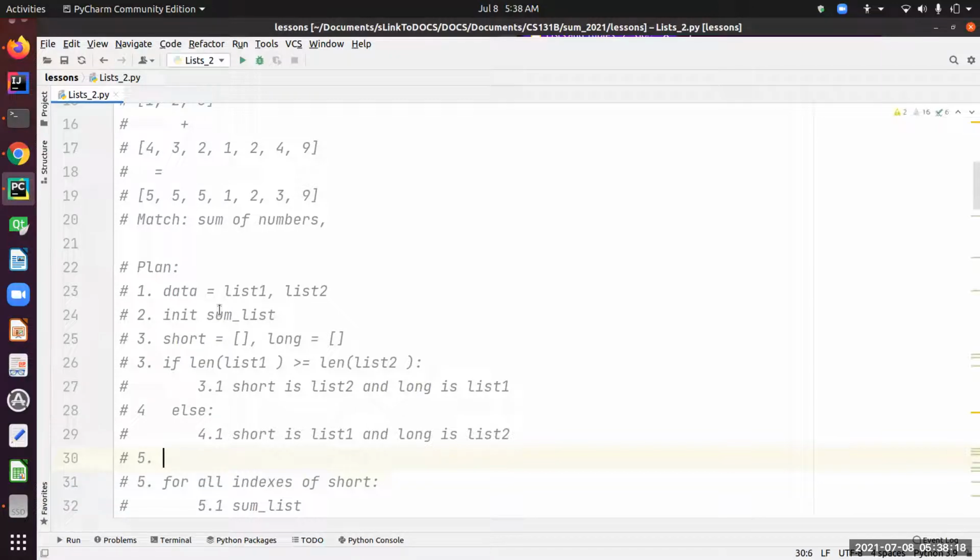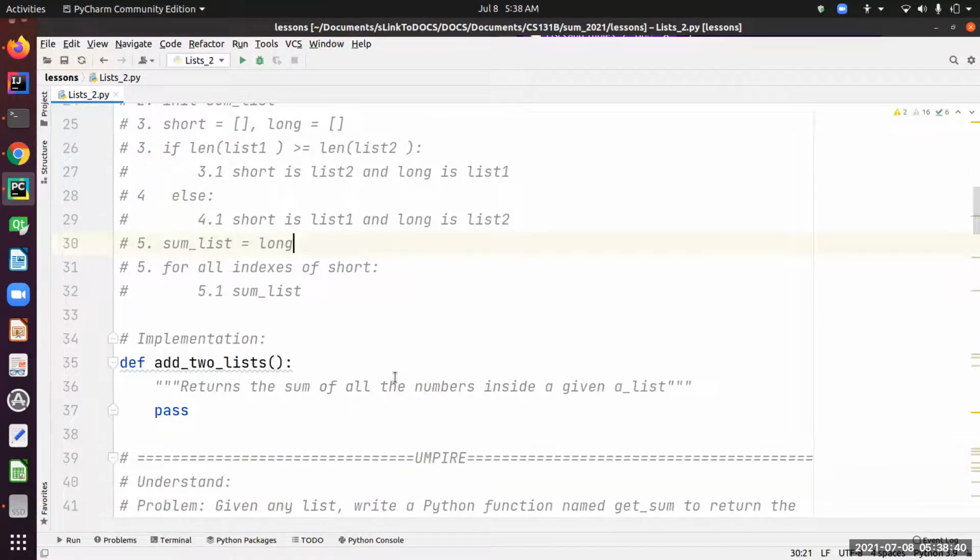We need to initialize this guy with the longest. Okay, so sum list equals the long. Okay,